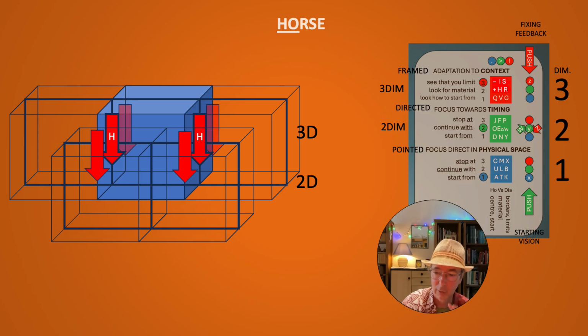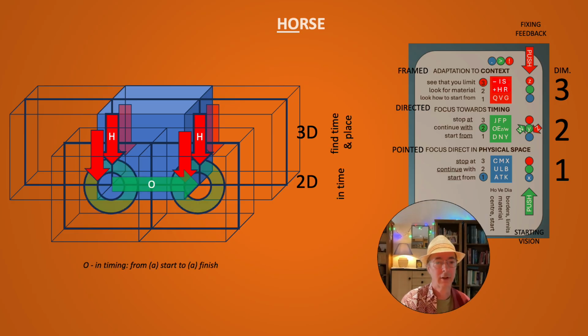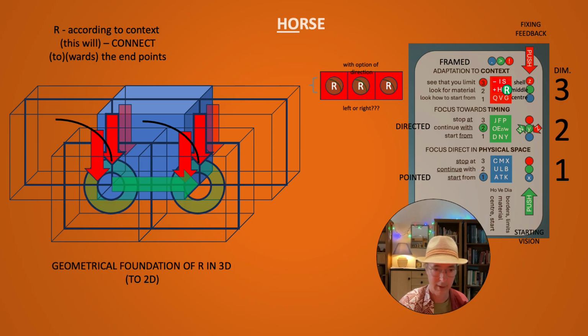So let's do it as simple as possible. I have my 2 H's focusing upon the O. So H, O, from H to O. So here I have a timing from start to finish. I can imagine that. So H, as a definition says, I have to find the right time. I have to find the right place where I can establish my pattern. I have already found one thing, the timing. Wow, from my focus in 3 dimensions, I have found the timing. So H, O, I have found my timing.